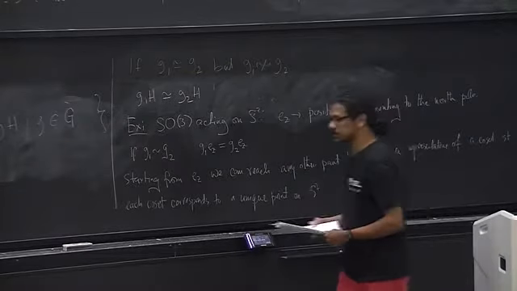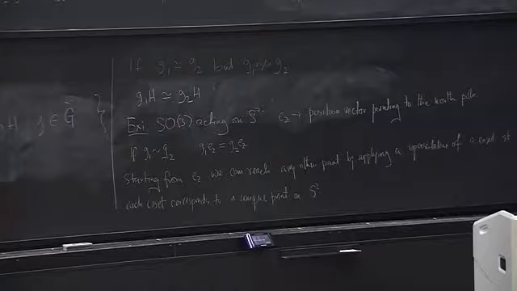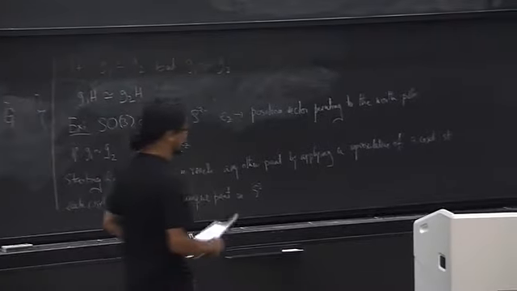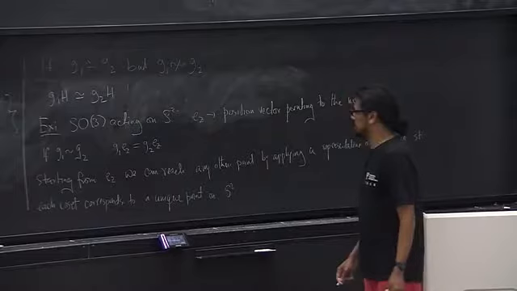So in other words, the elements of the coset space are in one-to-one correspondence with the points on S2. Because of the way the little group is defined,